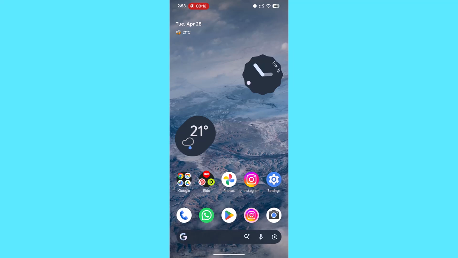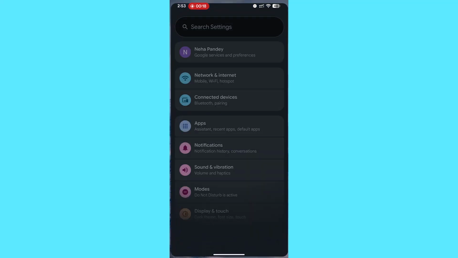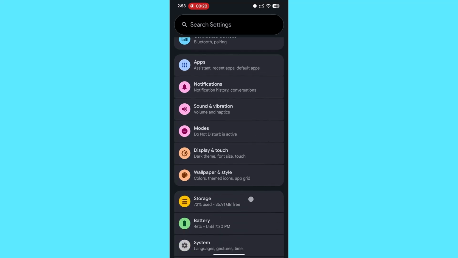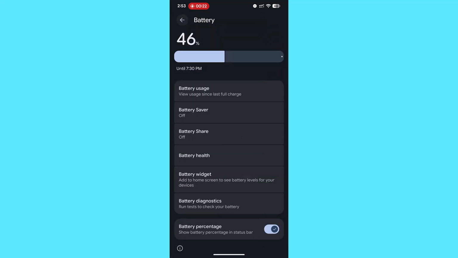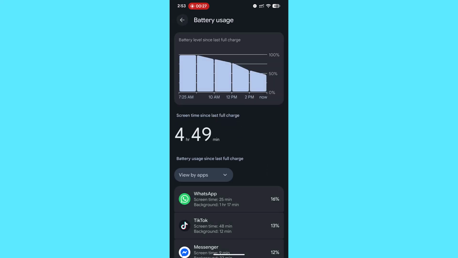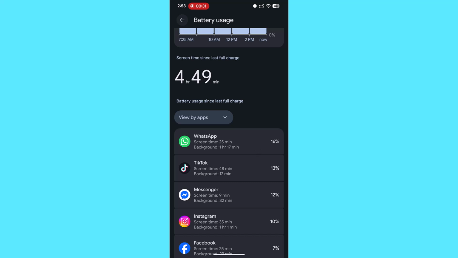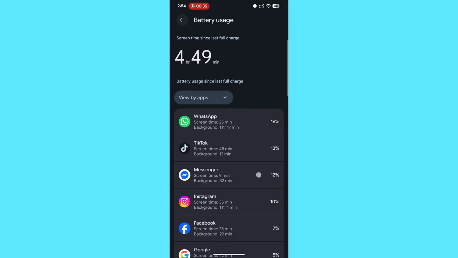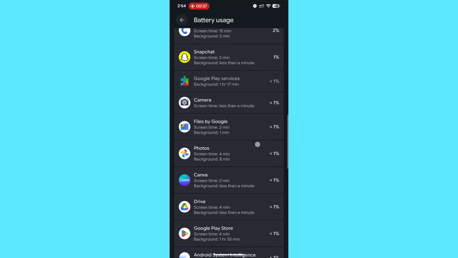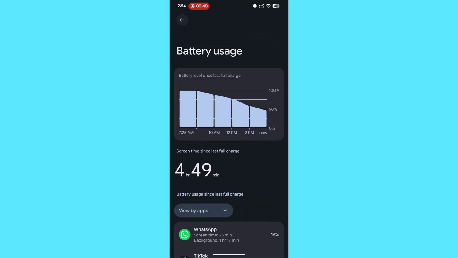What you want to do is simply open the settings on your device. There, make sure to locate the battery section. After which, you go to the battery usage section. This is where you will be able to find the apps ranked. You will see a list of apps ranked from highest to lowest consumption since the last full charge. So this is how you will be able to see which apps are draining your battery the